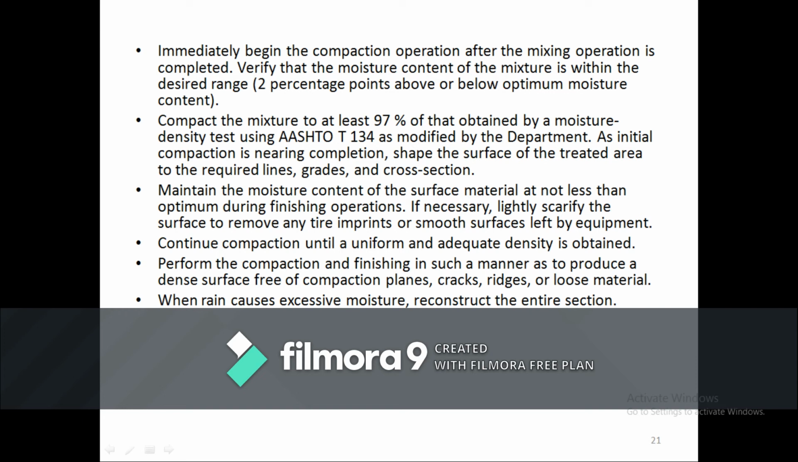Next, compact the mixture to at least 90% of that obtained by a moisture density test using ASTM T134 as modified by the department. As initial compaction is nearing completion, shape the surface of the treated area to the required lines, grades and cross section. So what is the next thing? Complete the compaction, at least 90% of that obtained by a moisture density test. After that you need to